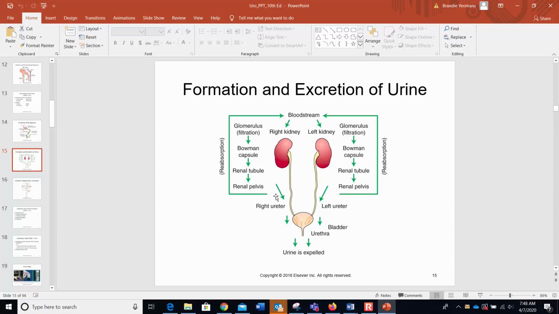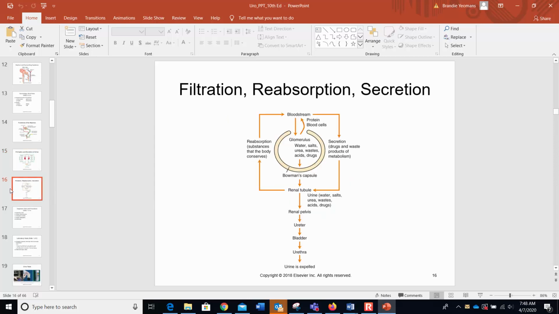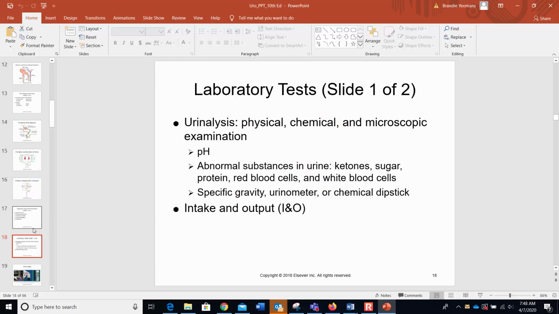So if you are one of those people that needs to see something, there you go. That's a definite, easy way to look at what the urinary system is doing. Then of course you have this great diagram of the filtration, reabsorption, and secretion through the urinary system. Okay? So we also look at some of the diagnostic tests and procedures that go along with the urinary system,